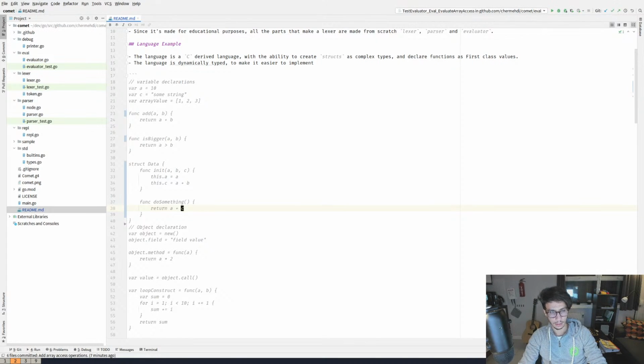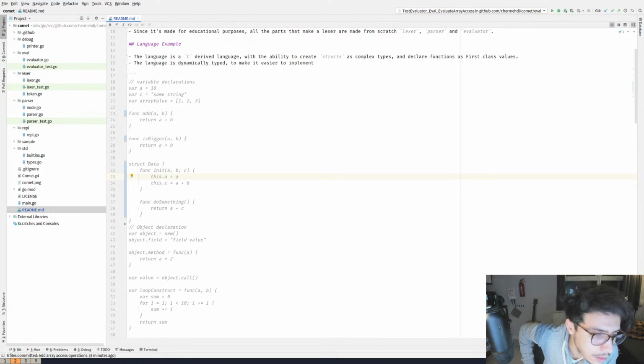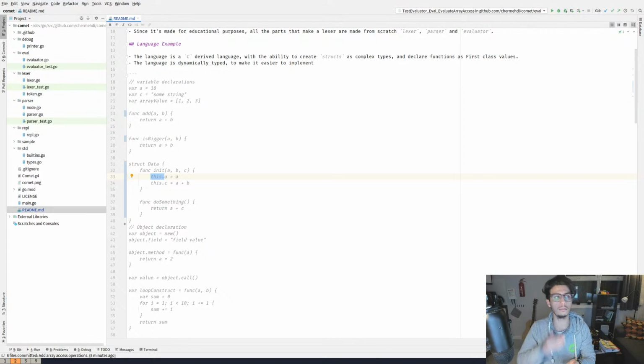What I'm thinking about is, if we end up going this way, we would probably need to rethink the whole scoping thing, because here we have an implicit scope variable, this, which always exists within a method defined on an object or a struct. And here we are returning a plus c, and this should mean this dot a and this dot c.